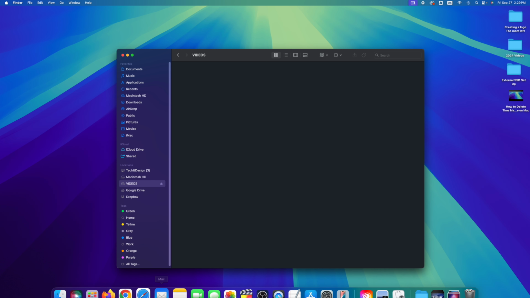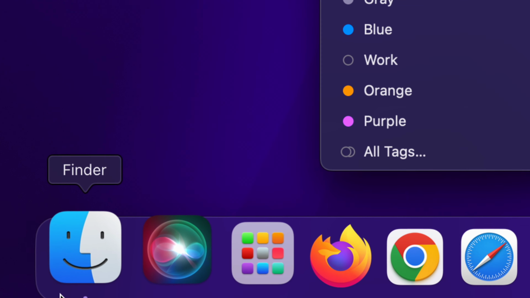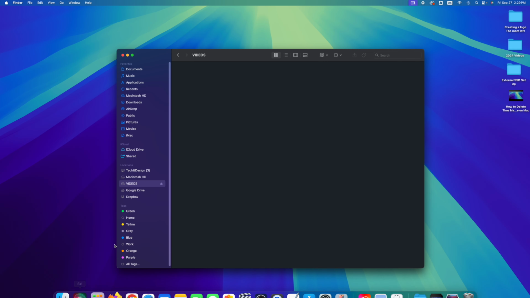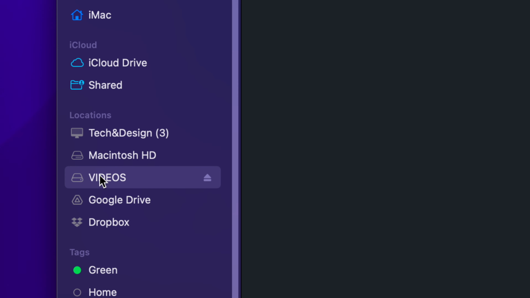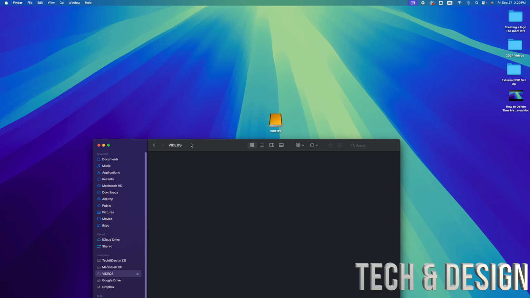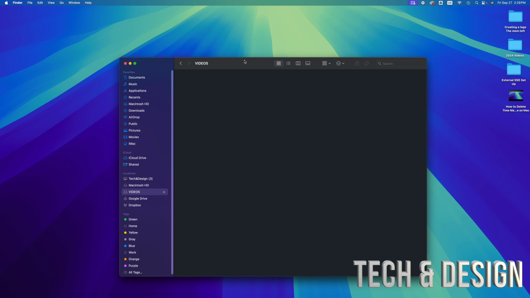That means when I go into Finder, so Finder is down here below on the far left hand side. This is Finder. Once I open up Finder, I should see on the left hand side Locations, Videos. Well, that's the name of my external SSD. For you guys, it could be any name that you set it up as. Then once you have this, or you opened it up from here, which is the exact same thing, you double click on it, you open it up,